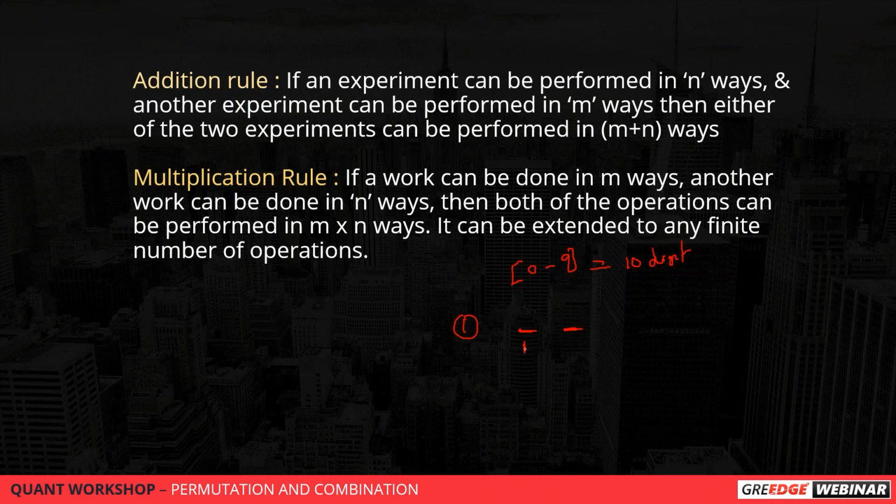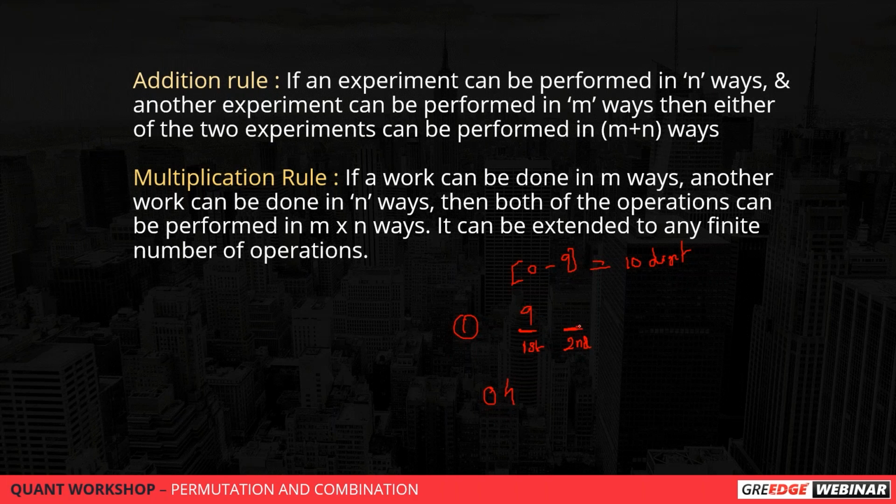Now look at the first digit. This is the first digit, this is the second digit. How many ways can I fill the first digit? Can I use all 10 numbers or only 9? Remember, it is only 9 ways. Why? Because if I write 04, is it a 2-digit number? It may look like one, but logically it is a 1-digit number, since 4 is the actual value. So we need to ensure the first digit is not 0. For the first place, we have only 9 numbers left, so I can choose any one of the 9.